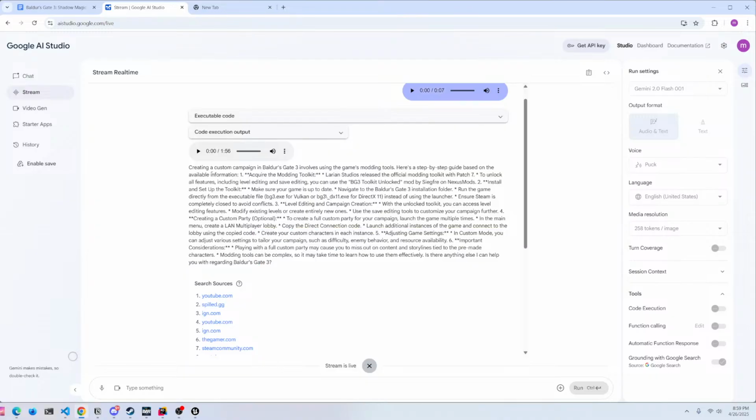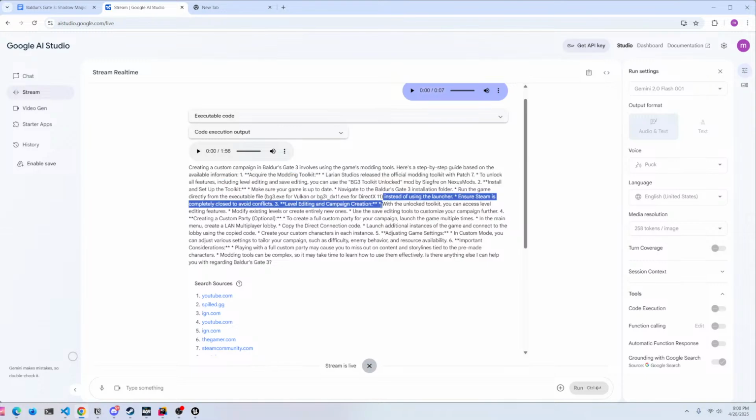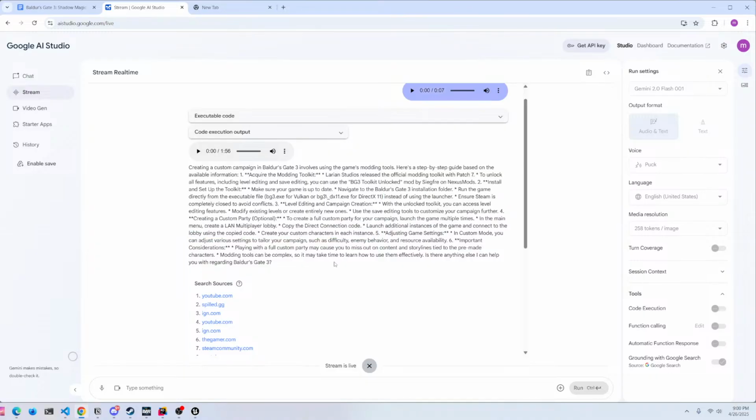So you can imagine. Okay, so it says, I mean, I kind of knew this. I have the toolkit through Steam, and run the game. Ensure Steam is completely closed. Yep. Unlock. Yep. Launch. Yeah. So I mean,